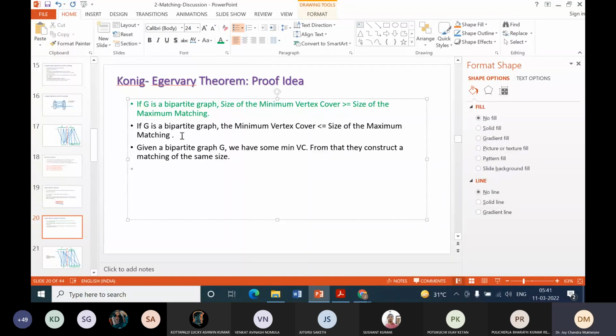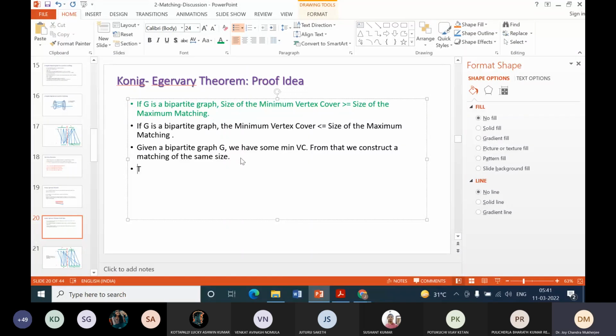So कैसे होगा? So now our objective is to prove this statement, and to prove it, what we are trying to do, suppose in a bipartite graph G, somebody has given me the minimum vertex cover, some minimum vertex cover. From that, okay, from that we construct a matching of the same size. Same size का मैं एक matching बना देता हूँ. Now since it is any matching, I am not saying it is a maximum match, I am saying it is any matching. Now this matching must be less than equal to